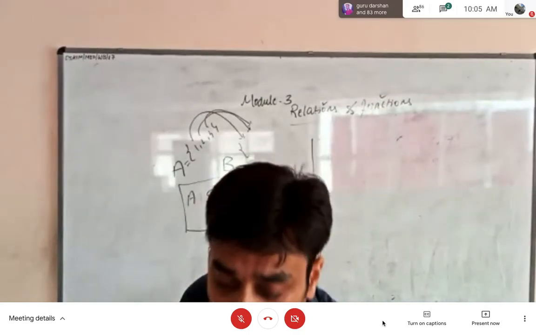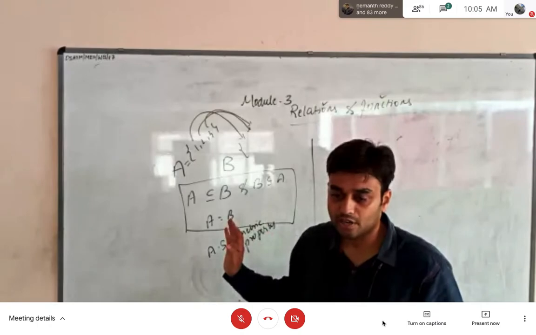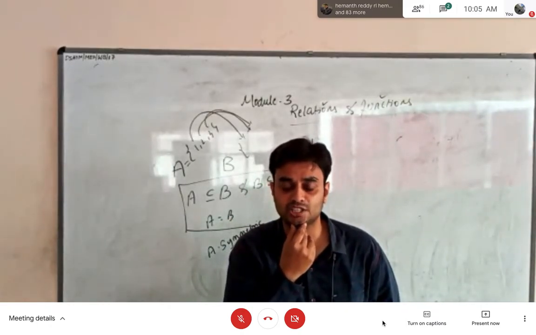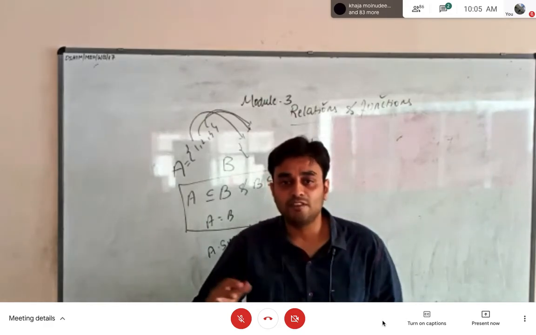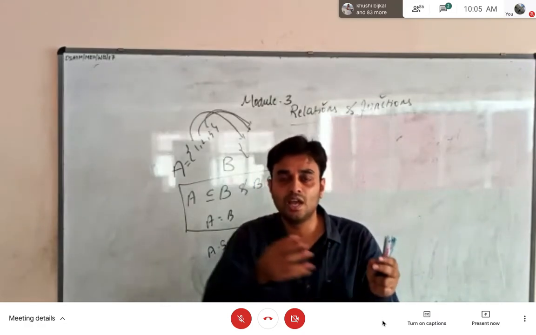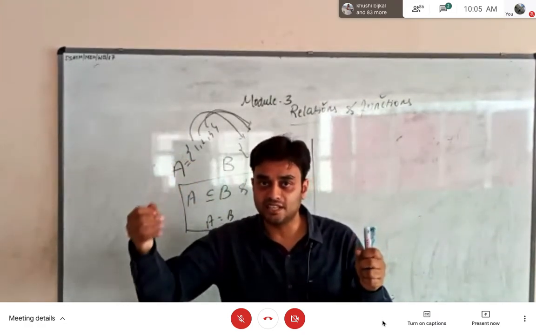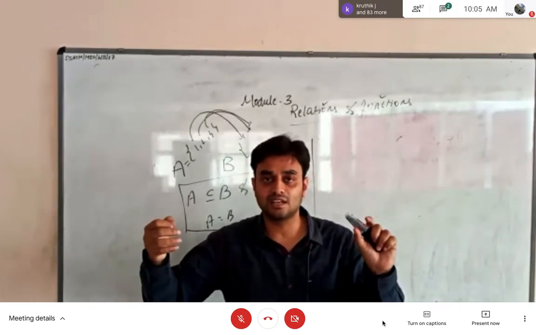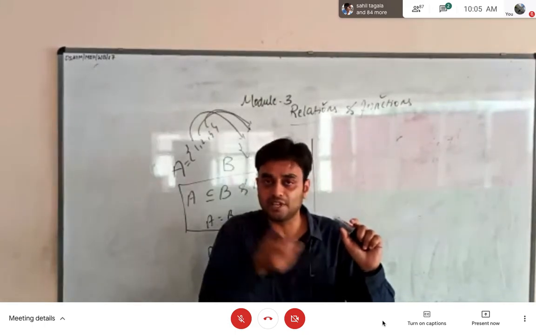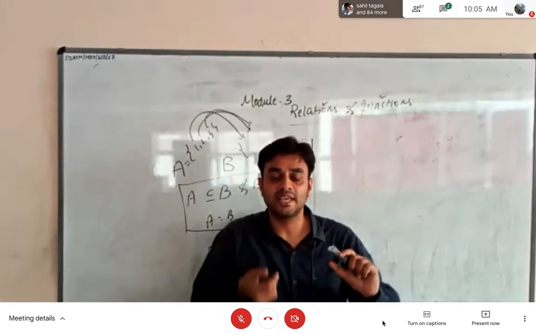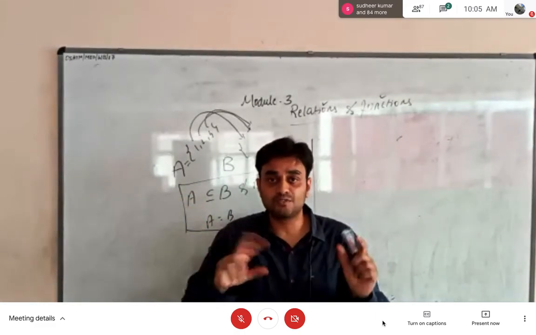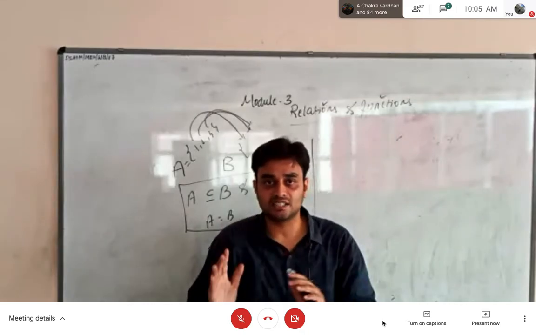See, whatever I am telling you is very important, because around 7 to 8 theorems you will get in relations and functions. In every theorem, I will use the same principle. Suppose I have to prove LHS is equal to RHS, what I will do? I will prove that every element present in the LHS is also present in the RHS. What is the conclusion of that? LHS is a subset of RHS. But this is not sufficient if I have to tell LHS is equal to RHS. Next, I will show that every element present in RHS is also present in LHS. Vice versa. If I prove vice versa, then LHS and RHS are same.